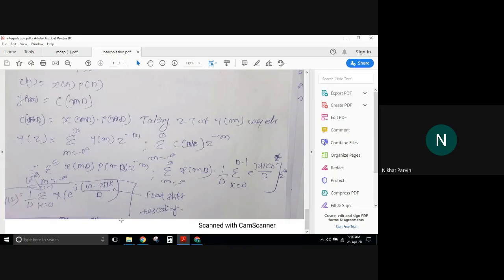It reduces the amplitude by factor D. That means the original input spectrum is shifted by k samples, and k depends upon your D, and the amplitude is scaled by the factor of D. You will have amplitude scaling and this many copies, and this omega by D is your frequency rescaling, and this 2 pi k will be your frequency shift.